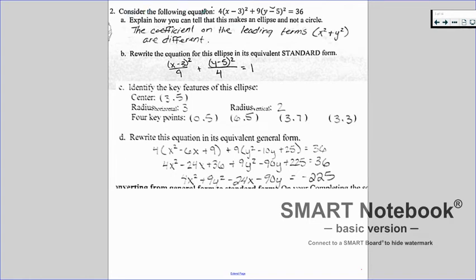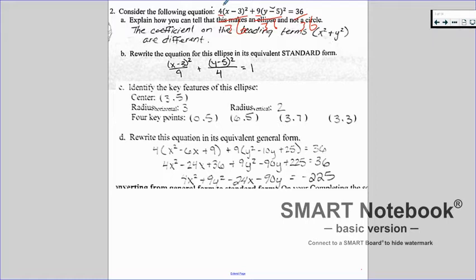Number 2, let's consider this equation. 4 times x minus 3 squared plus 9 times y minus 5 squared equals 36. How can I tell that it's an ellipse and not a circle? That leading coefficient number. Those are different in each of those particular terms. So 4 times and 9 times, I know that that's going to be different. Rewrite it. So how do I rewrite this? I want this to be a 1 over here for an ellipse. So what I have to do is I'm going to divide everything by 36. So as I divide by 36,